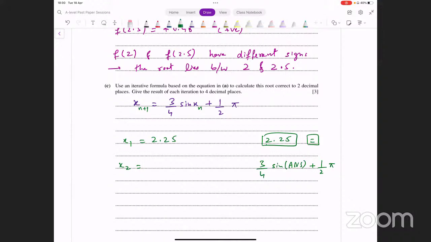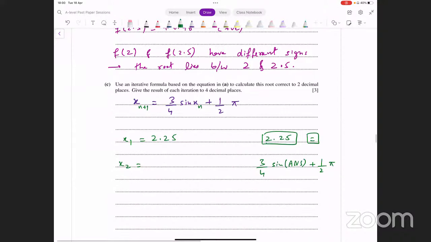3 divided by 4 into sine of answer plus pi/2. Let's see what we get from this. So x2 is turning out to be 2.15. You see, you have to give your answers to 4 decimal places. This is turning out to be